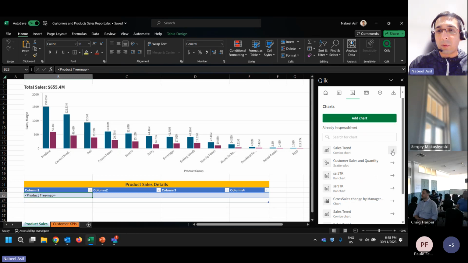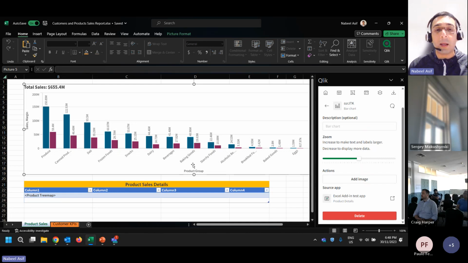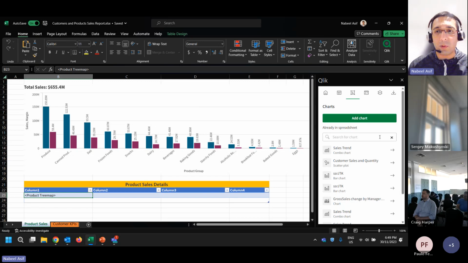So for example, if you want to use this chart, you can go in here, you can add an image. So that's what I've done here. It links the data to the application. Okay, so based on the tables and the charts, we can start to build a report, either using charts coming from Qlik and also using standard Excel capability, right? So this is an Excel table here, but the data in it will be populated using this particular